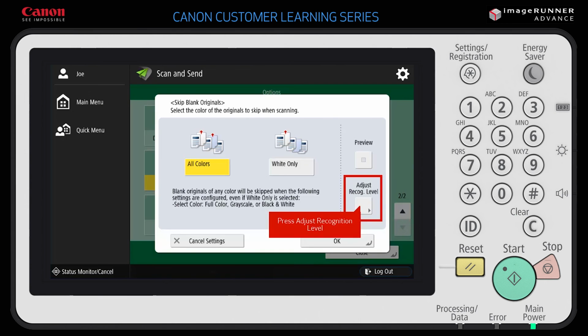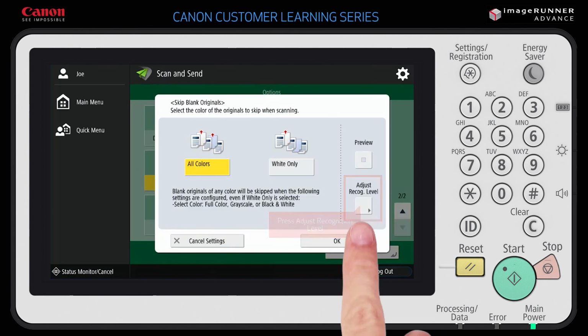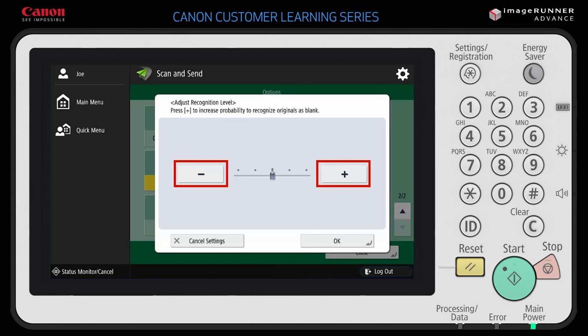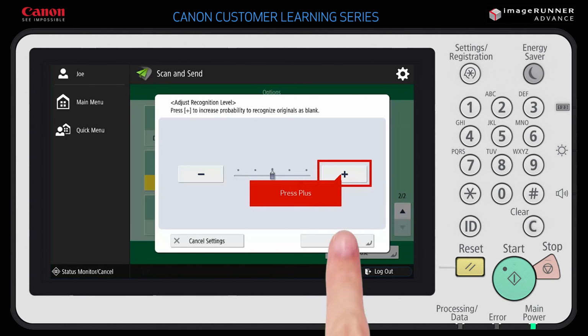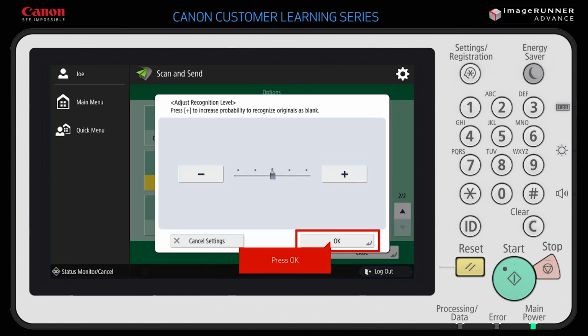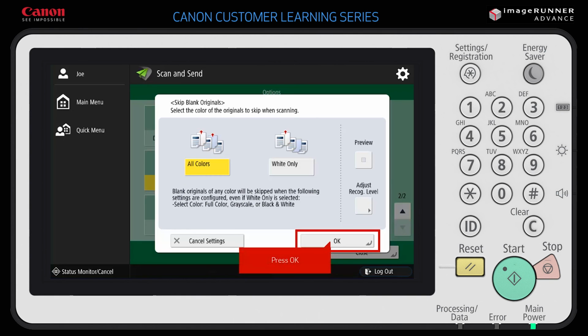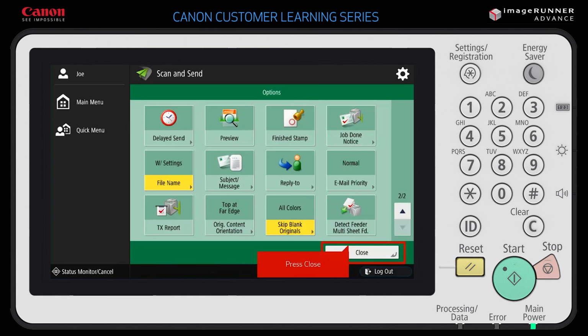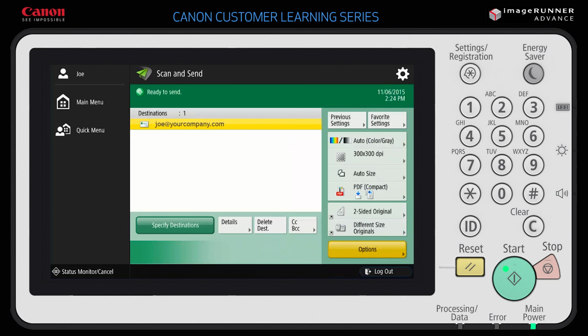You can also press the Adjust Recognition Level button and use the plus/minus buttons to adjust the sensitivity from low to high. Lower levels can be used if the document has very faint text or images that you wouldn't want to be mistaken as blank pages. Higher levels can be used if your document has dark borders or images that can partially be seen through the page. Press OK and OK again, and close to return to the